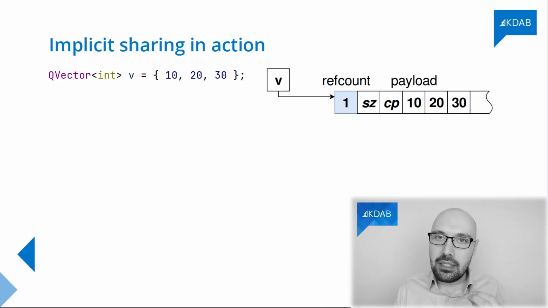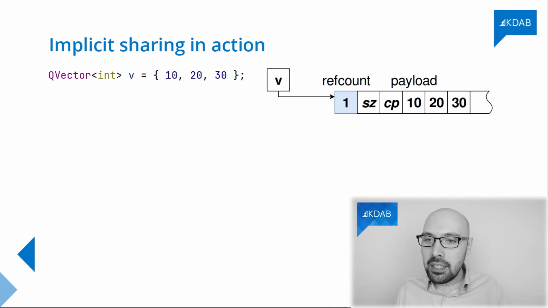And actually, I'm going to repeat all of this by using a little diagram to explain myself much better. So let me visualize by using a little image here what I mean by manipulating a reference counter. Here, what I got is a QVector of integers. I built it, and it contains the integers 10, 20, 30. Now, this particular vector, when you look at it in memory, looks something like this. The v object, the vector itself, is very small. It's just a pointer, okay?